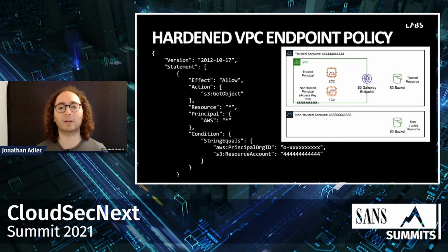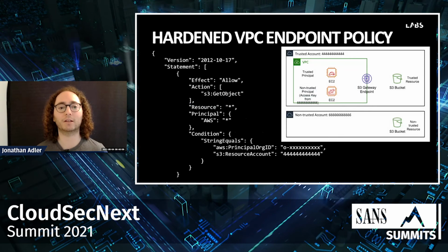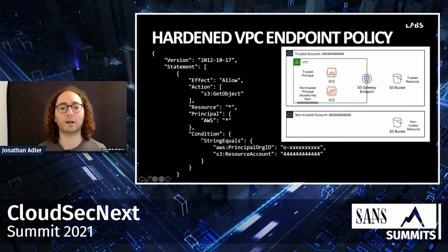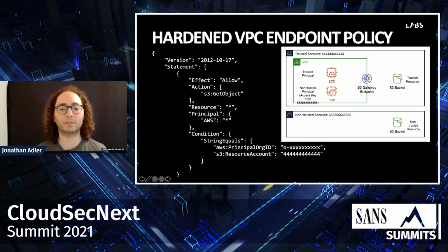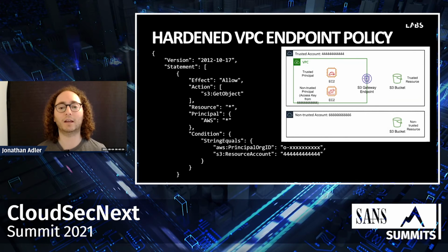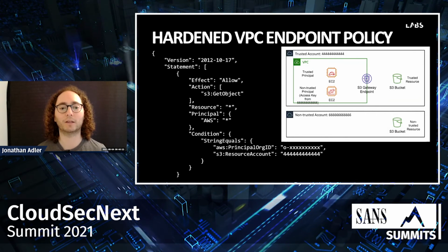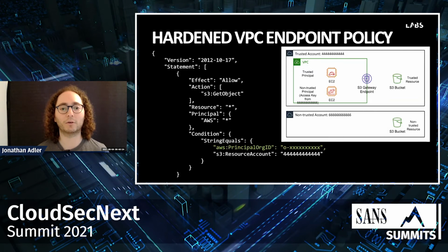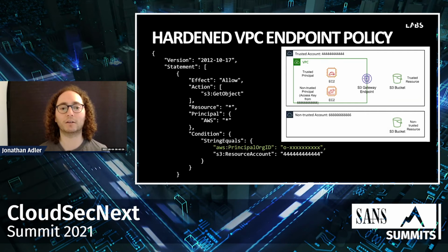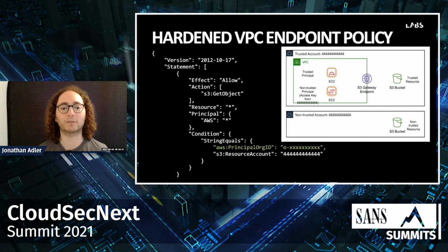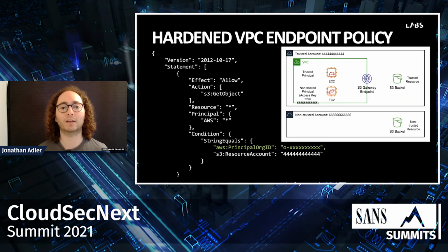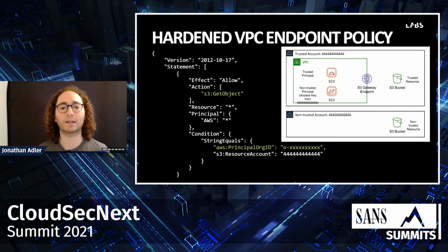So if we have a look at what a hardened policy actually looks like, here we have on the left the policy, and then on the right we have our diagram. So let's quickly step through this and see how this policy would prevent exfiltration to an attacker-controlled S3 bucket. So we have this trusted principal, this EC2 instance running in our trusted account, the bank account, using the example from earlier. And that EC2 instance is allowed to get an object